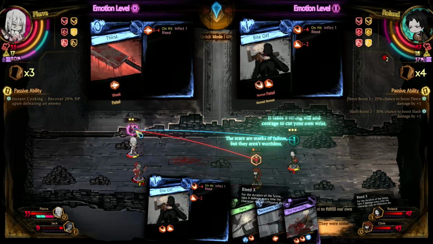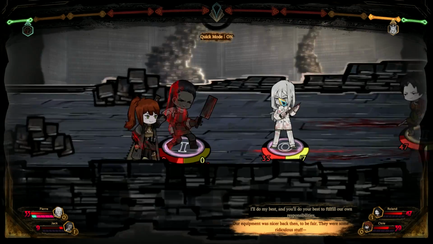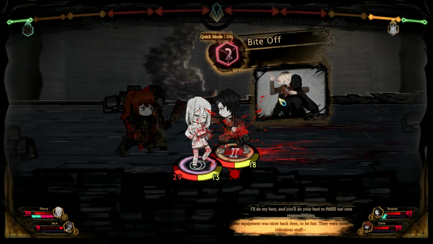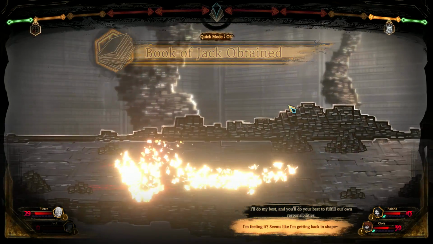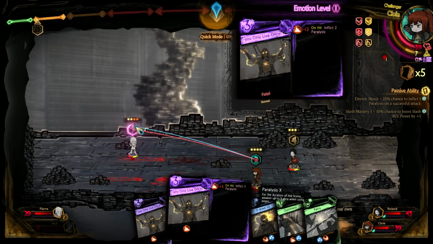And then we're gonna bite off. Let's inflict the bleed on her. She's gonna attack Chloe, but it doesn't really matter. It's only one attack. Alright. Oh, no, he's gonna die. Alright, pretty good. Exactly the amount of damage I needed. We got the Book of Jack. And we can now...